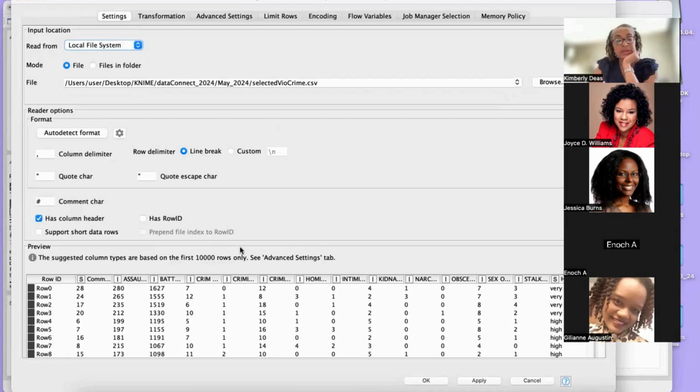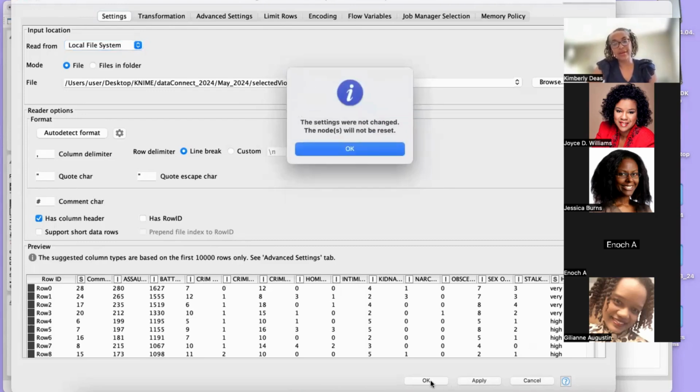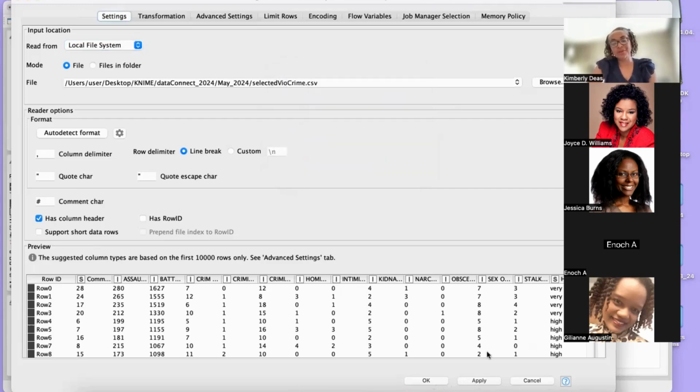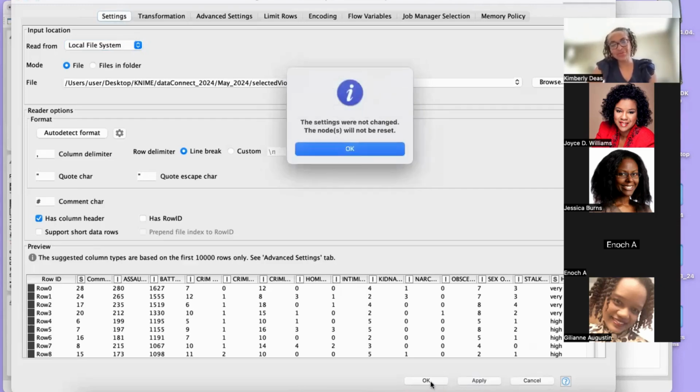what this node is going to do is give you an overview of what's in the file. So here you can set the delimiter. The default conditions that are already preset always work for the files that I use, so I never change anything, but I do always make sure to let the software know, hey, I have a header, so please use it. So we've selected our file, we've looked at the preview, we select headers, and then you would click apply and okay. So it won't be changed because I've already run this code in preparation for this.